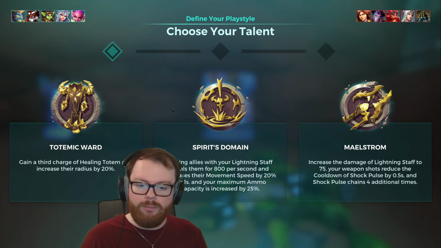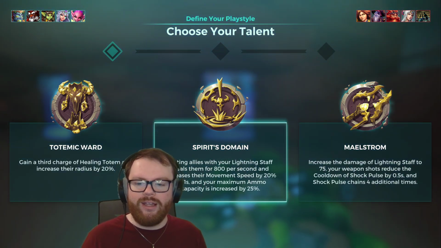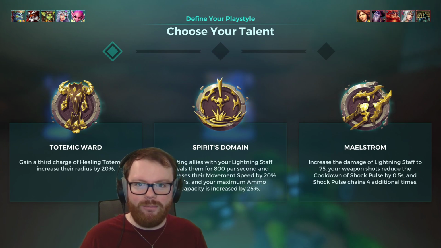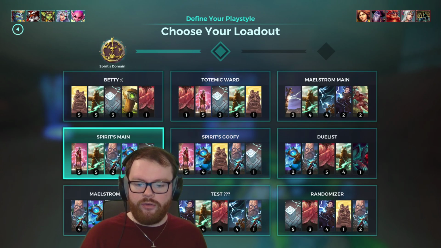But today, the reason why I'm playing it is because I want to investigate how a rather recent change affects this playstyle, and that is the change to Rejuvenate. I know, I keep milking this item change, but that's just because there are so many different playstyles to try out with the Rejuvenate change. So yeah, we're going to pick up Spirit's Domain, and I'm going to play it with my main Spirit's build,